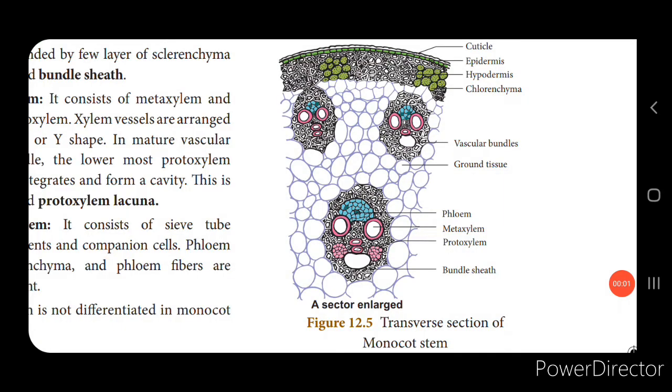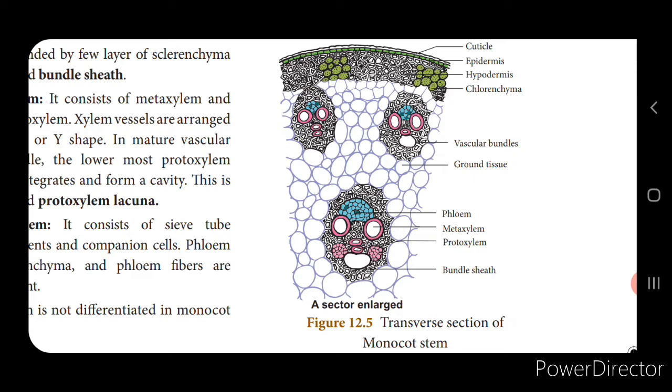Now look into the picture, children. Let's see the internal structure of a monocot stem. Now the outermost layer is the epidermal layer, and it consists of parenchymatic cells, and these parenchymatic cells are of single layer. You can see the picture which is green in color, isn't it? The outermost layer epidermal consists of the cuticle, that is the waxy coating in the outermost layer. Now stomata, if you see in leaves, it is more in number, but here since it is a stem, the stomata are less in number.